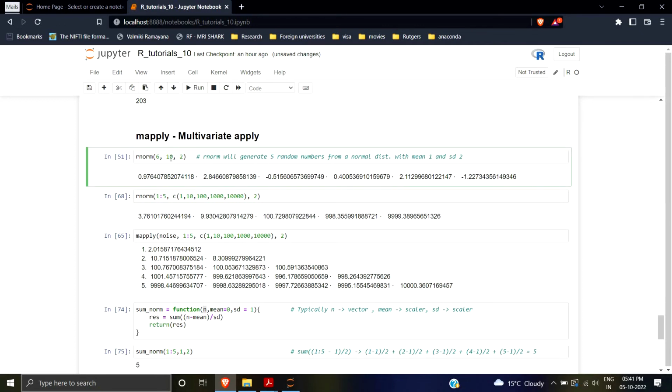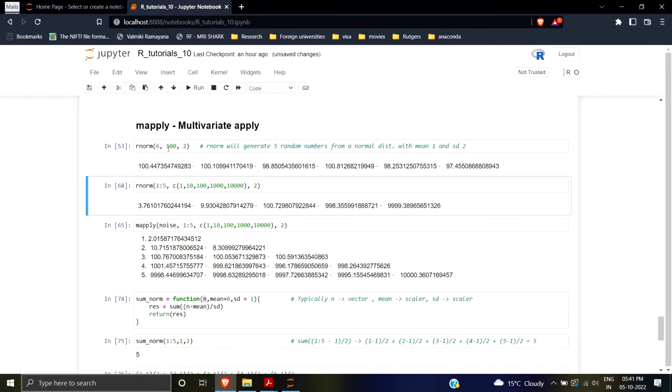If I do mean 10, you'll see that these numbers will be somewhere around 10. If this is 100, the numbers will be somewhere around 100. So this is your rnorm function. Now what happens when I do this? So 1 to 5, I'm giving a vector over here. So this is like the length, but then let's see what happens if I give a vector